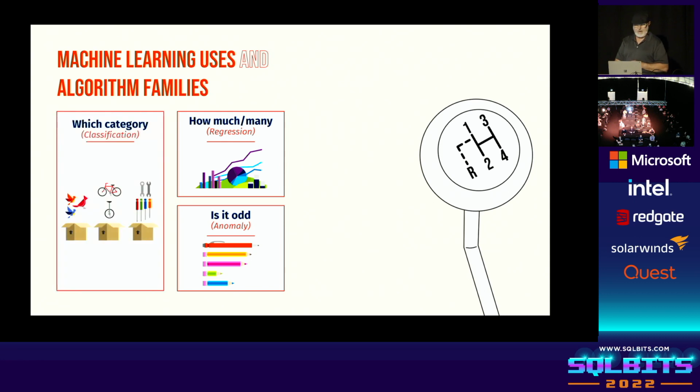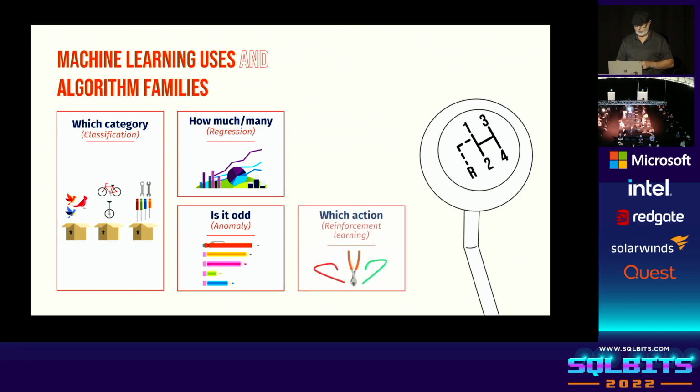Another one is which category is something in. These are called classification algorithms. Many, many years ago when I was a child, we used to have these little banks, and you could put a coin in it, and it would roll down the slot until it fell in the proper hole. Anybody else have that? Okay, you're also old? Okay, good. And you're old. Okay, perfect. You used to roll these coins down to a slot. That's exactly what a classification algorithm does. It sorts the data, and it says, do these things meet this criteria or don't they? There are boundaries you can set and so on.